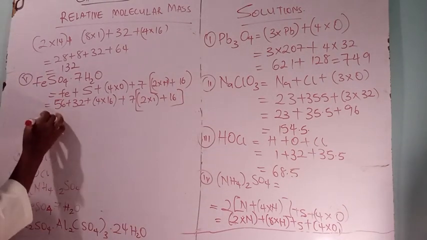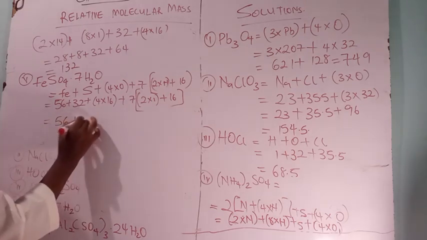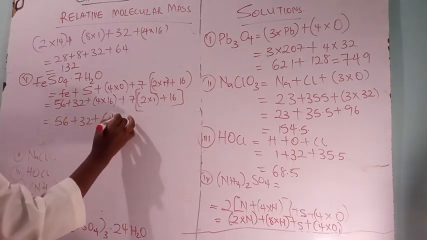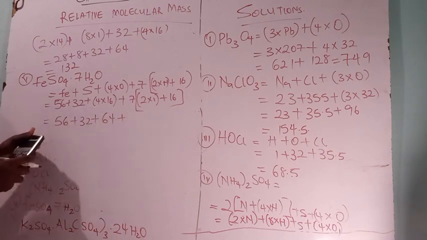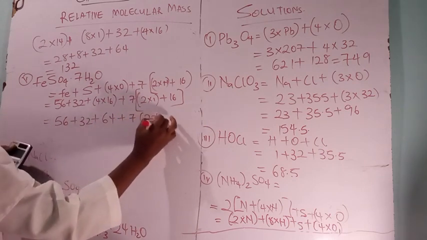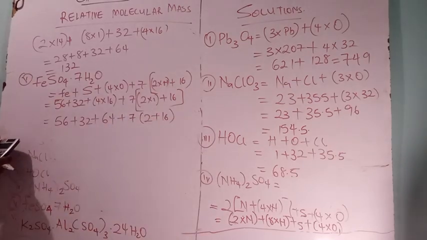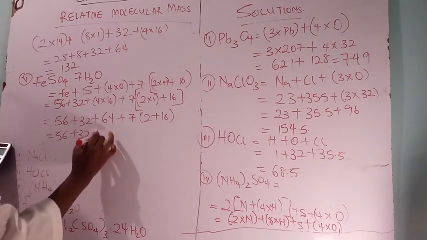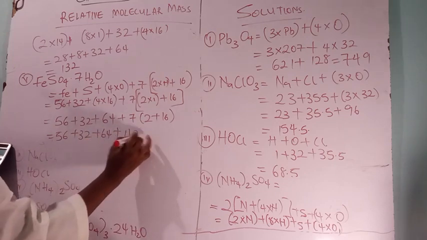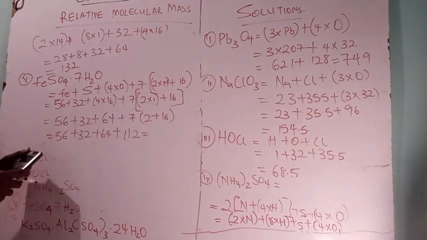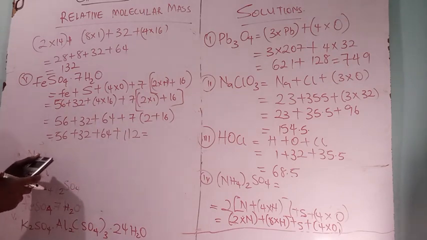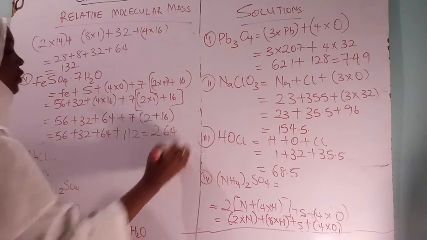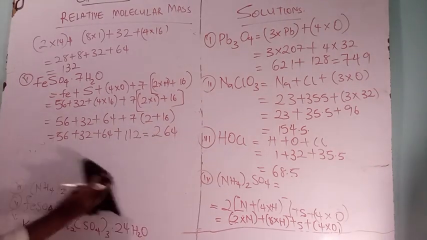We then have the final answer as 56 plus 32 plus 64 plus 7 into bracket 2 plus 16. That gives us 56 plus 32 plus 64 plus 112. Then our final answer is 56 plus 32 plus 64 plus 112. That is 264. The last question,